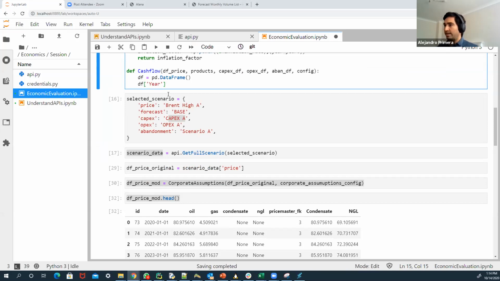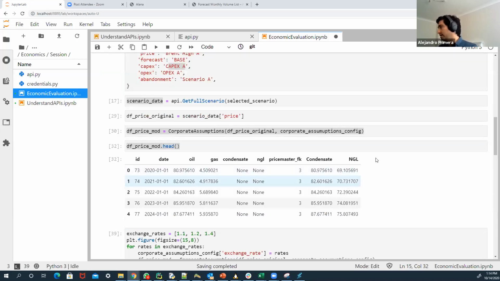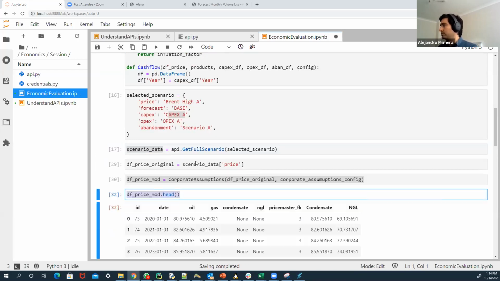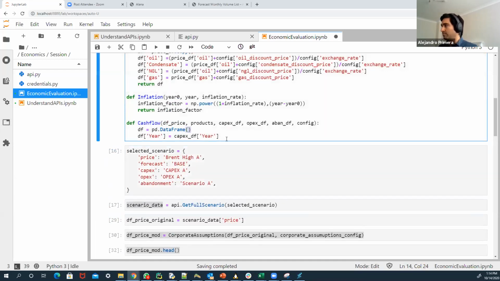The year column, and I'm going to get the year column from the CapEx data frame. As probably have a full, I can get it from the price as well. I can get, as long as I have a column that has a full profile of information, that will be enough. In fact, you can see here that I don't have a year column in the price, so I can even, let's say, add a price column here if I want to. I'm not going to go to the details of that bit, but